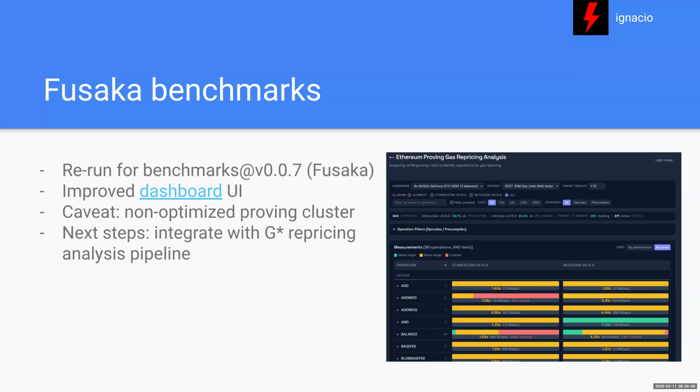So the next step is I will try to integrate Maria's analysis pipeline that she's using for Glamsterdam repricings.